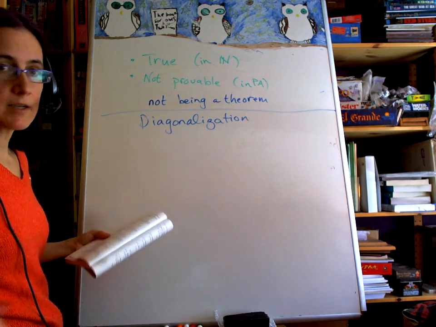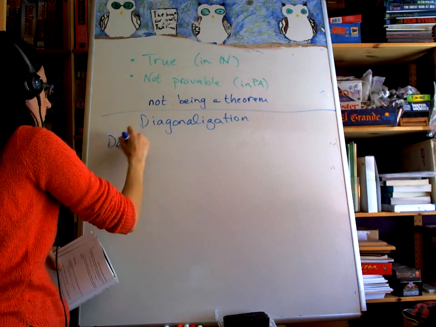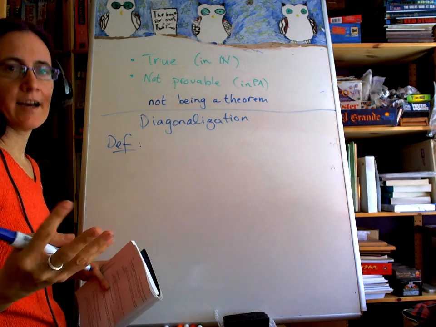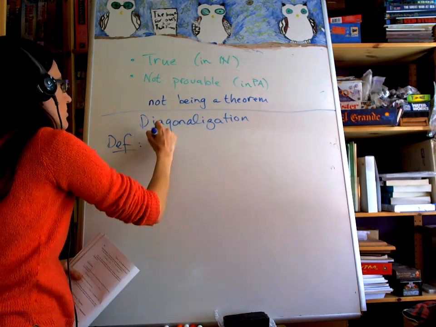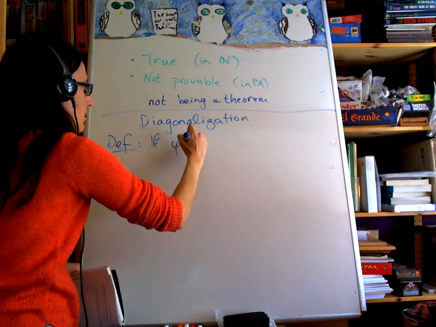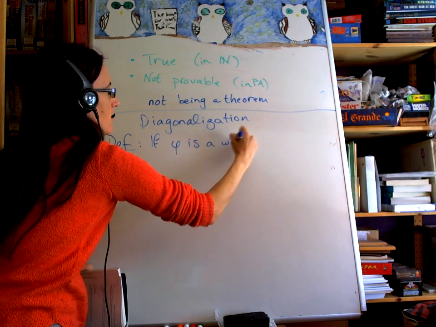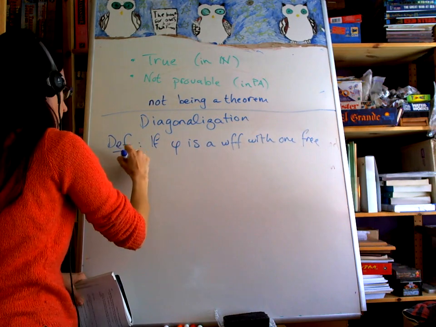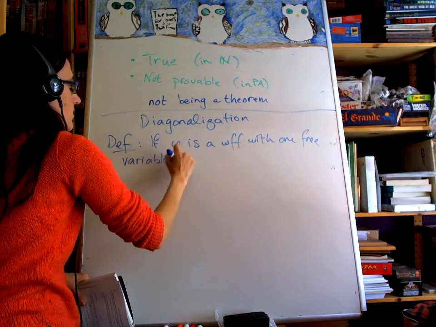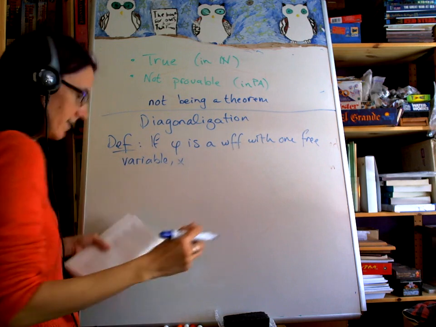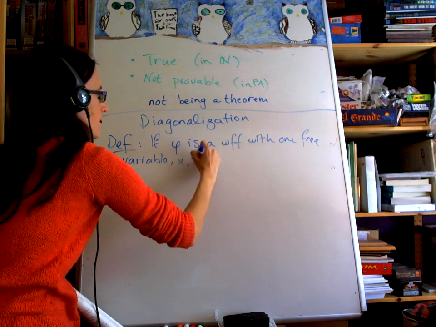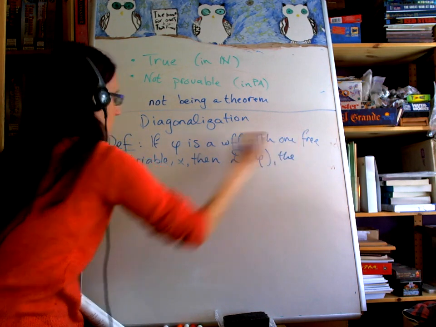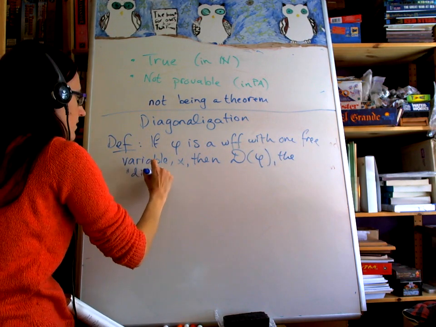But I'm going to start off by giving you a definition. So this definition is the diagonal of a given formula. So if phi is a well-formed formula with one free variable, x, so we could write it phi of x, then d phi, the diagonalization of phi,